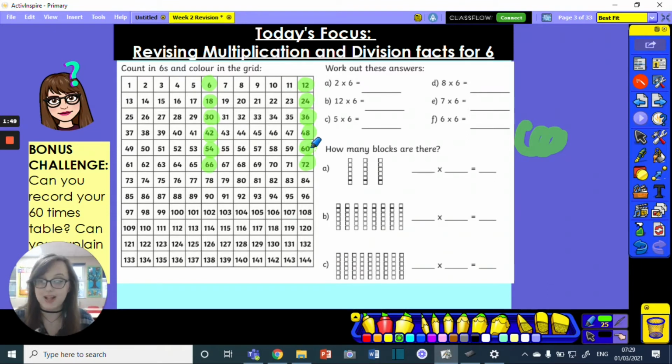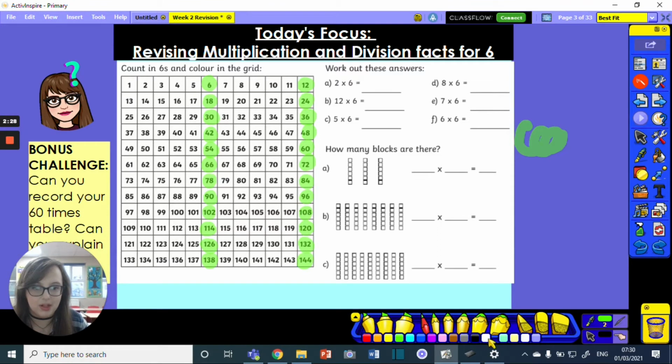The reason that this pattern has appeared is because in each line here we've got 12, and in every lot of 12 we have 6. And we have double the 6, so 6 and 12, 18 and 24, 30 and 36. And they're all lining up nice and neatly. It wouldn't look this way if our rows were in tens, because this 12 would then appear down here, we'd get a more horizontal pattern. If you continue to count in sixes, hopefully you realise we would then have 78, 84, 90, 96 and so on and so forth. They're all falling into these two columns.